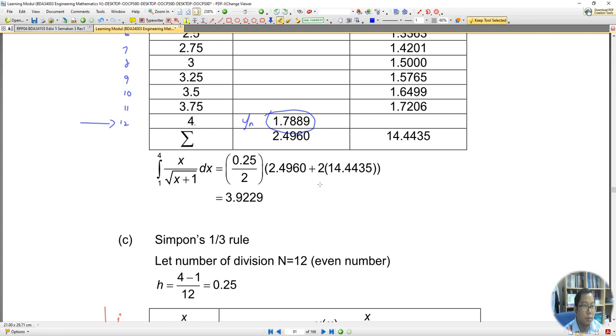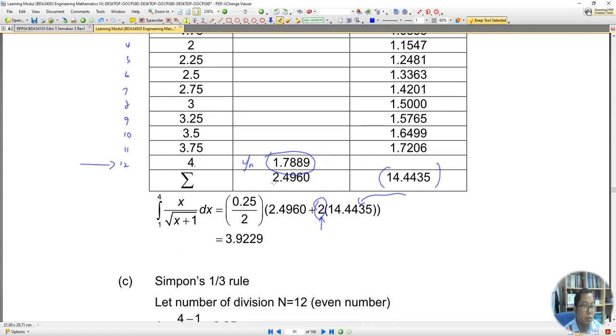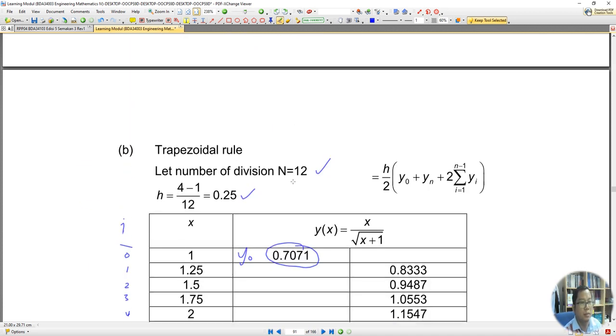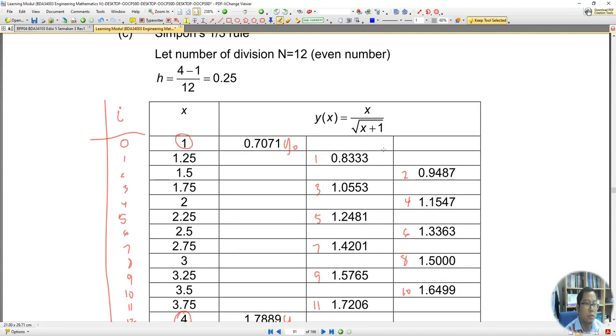We have to multiply by 2 here. The summation of y0 and yn is about 2.4960. We should not multiply it by other numbers. This is based on the equation here. Okay, multiply by 2. And then for the Simpson one-third rule,